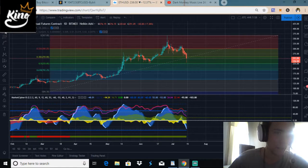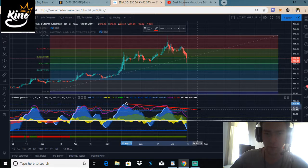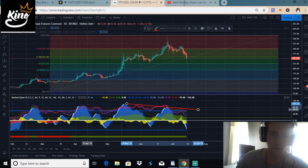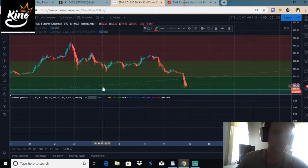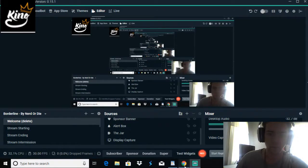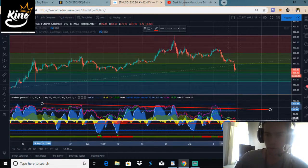So if you're looking at Market Cipher, now granted this is on a daily time frame, we are showing major bearish divergence right now. Obviously it's because the trend itself, we can start reversing, and we're starting to build a little bit of maybe momentum to the upside here. But it's still too early to tell. If we go to the 4-hour, even on the 4-hour right here, we're